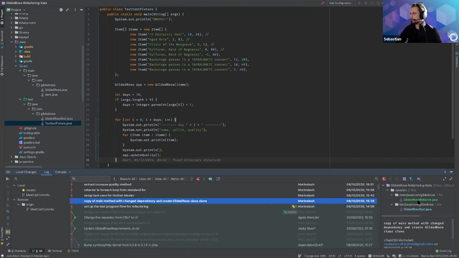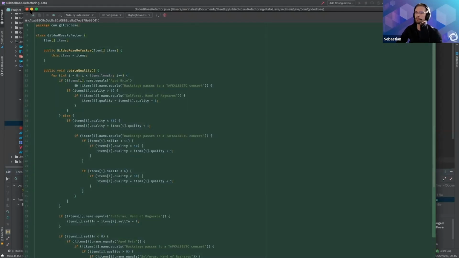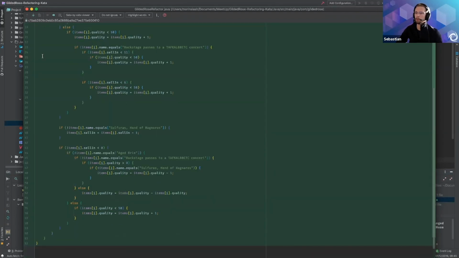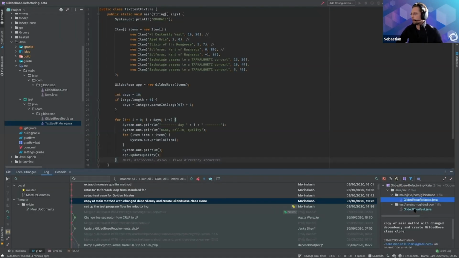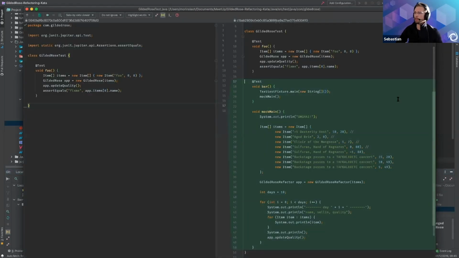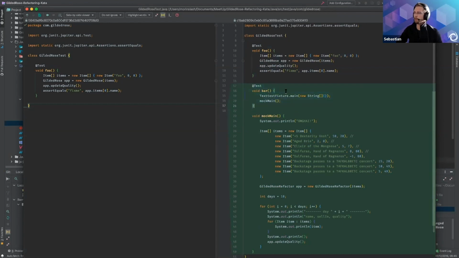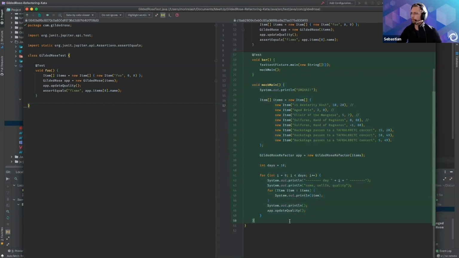So first step, I'm not a big fan of working on production code directly when I'm refactoring. So I basically create a new class, just duplicated the original one to work with. It's exactly the same as the previous one. And I've created the test case. I keep the original one, but create a new test case for, yeah, I think this was some experiment. I mocked the main method that was printing and replace the original application with my own class that I cloned.